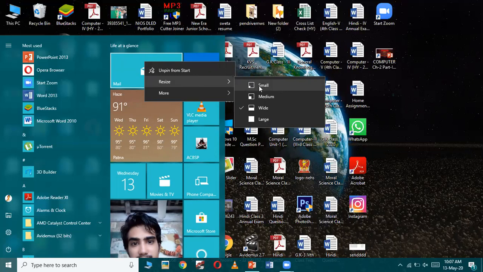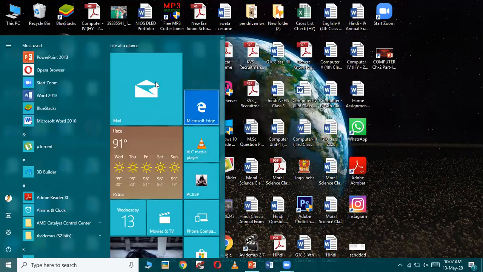Either you can select small, medium, wide, or large. Right now it is set to the wide size. So if you want it to be large, click on large, and you can see the size of that application icon, or you can say the size of the live tile, has increased.